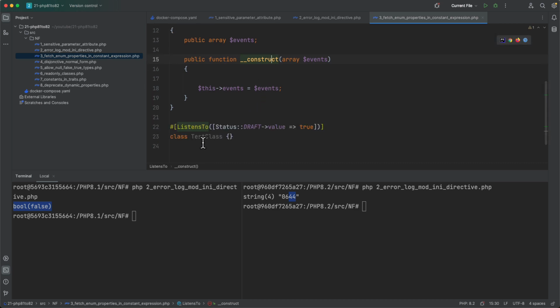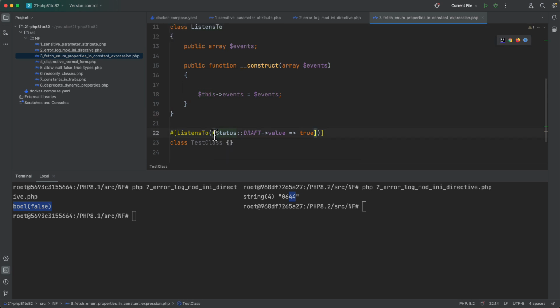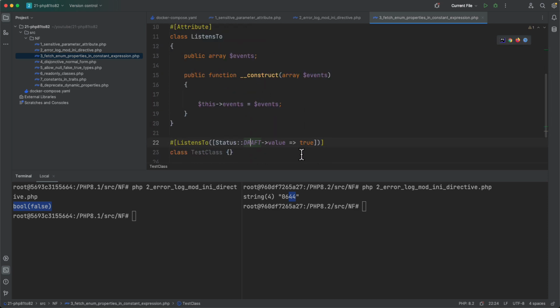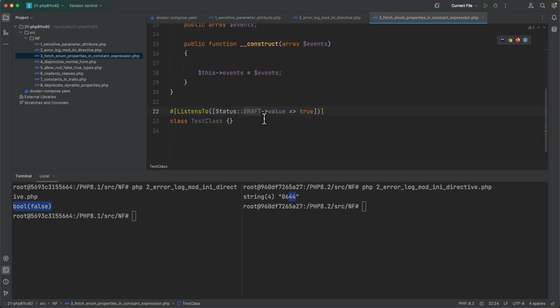Finally, I'm going to define a class called test class. This class defines the listens to attribute that is defined over here. And for this attribute, we are going to pass an array containing key values. Key being one of these enumeration values over here, and the value will be true or false, which means that our test class will be listening to those statuses over here, and the status that it wants to listen will